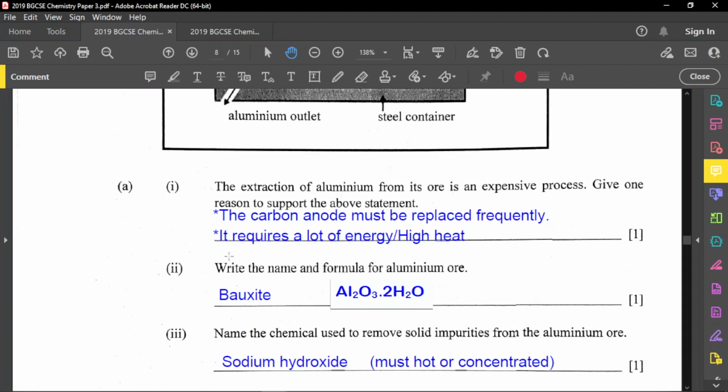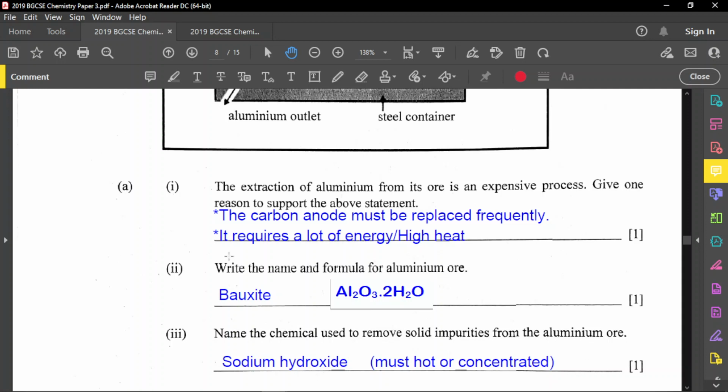But one is that the carbon anode must be replaced frequently. And replacing the anode frequently will be costly over time, right? And again, this process requires a lot of energy, a lot of heat energy, to make this reaction possible. Not only that, the aluminum oxide is one of the major problems. The aluminum oxide really requires a lot of heat. I'm talking about 2,000 degrees Celsius, more than 2,000 degrees Celsius, to melt